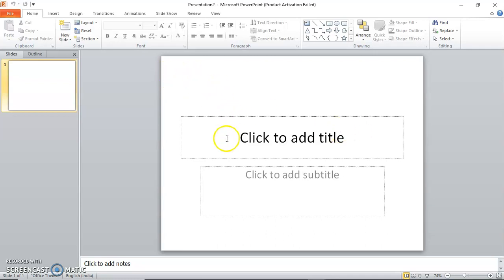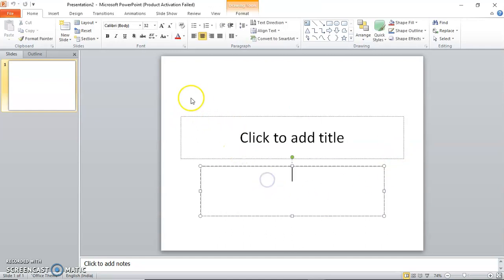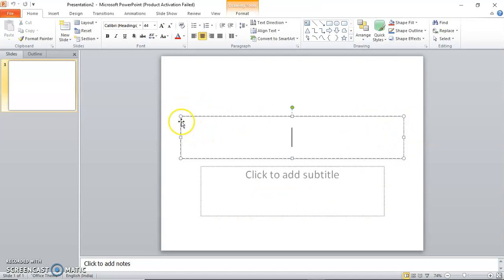Next is how we can add text in the presentation. Beta, you can see two dotted boxes here, first is this and second is this. The dotted boxes are called placeholders.